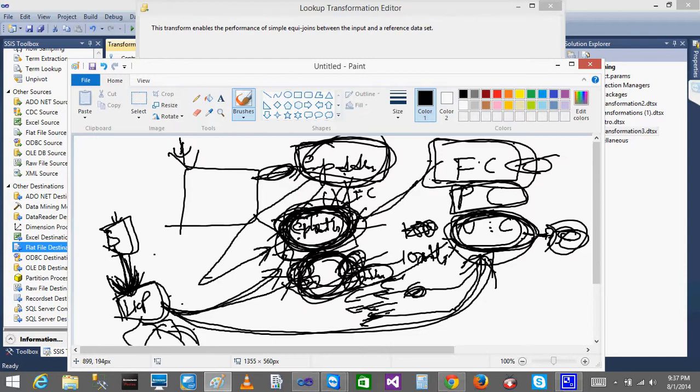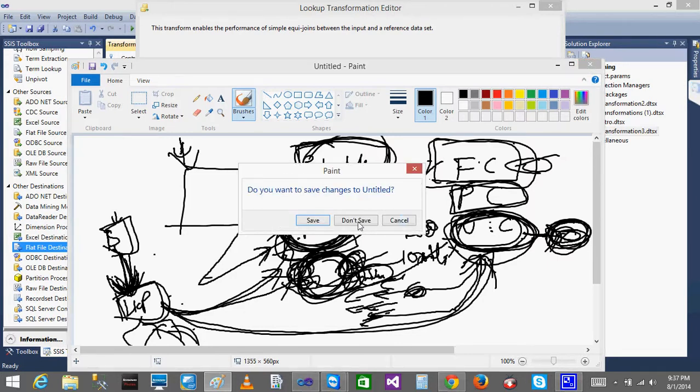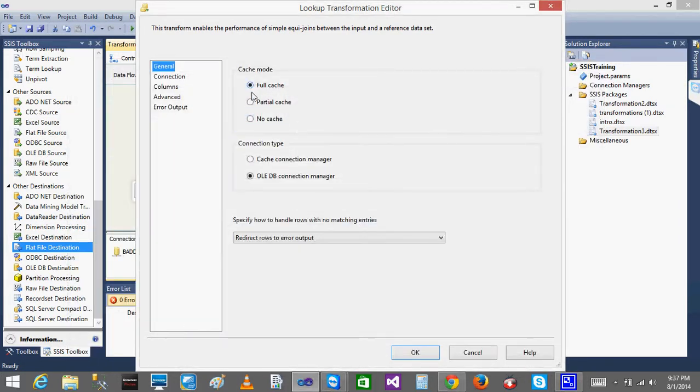Since it is accessing the main table, at that time other people cannot access the data. That is the scenario. By default, most of the time we will just use full cache, nothing to worry. We have seen all the 4 things.